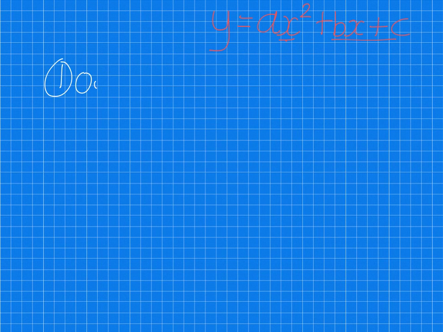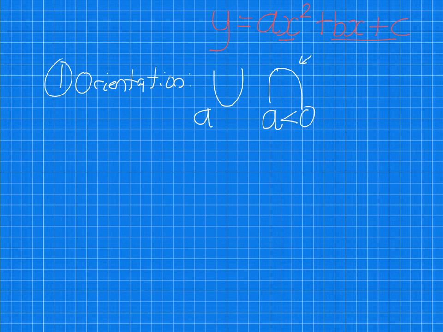So the first is the orientation of the curve. What I mean by that is, is it going to be a smiley face, or is it going to be a frowny face, okay? And that's really easy to determine. It's just sort of what we looked at before. Remember when we saw y equals minus x squared, it was this shape? So it turns out that it is a frowny face if a, the number in front of x squared, is less than 0, and it's a smiley face if a is positive. So try and think of it like that. A positive, smiley face. Positive, smiley face, you get the link. So that's very, very easy to